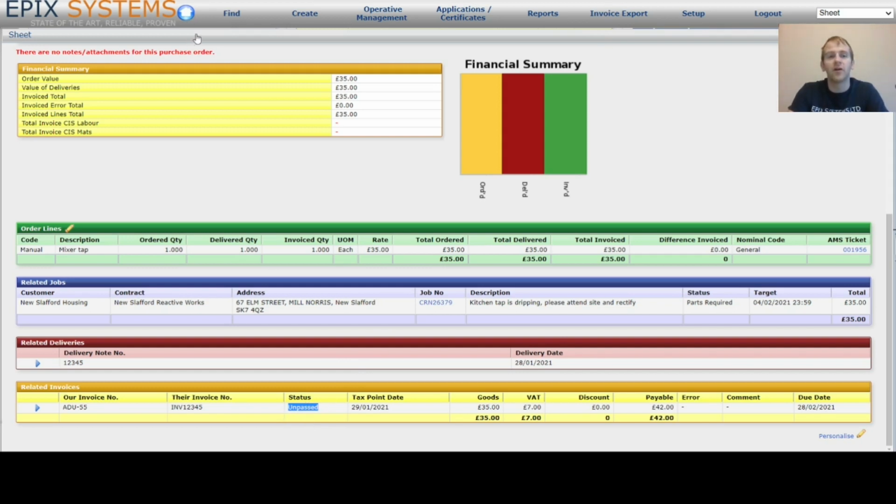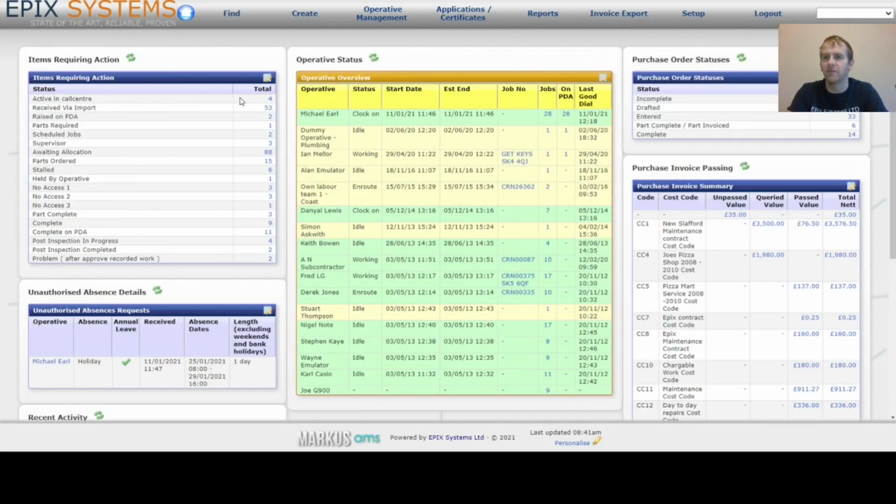So if we click on our home button to take us to the dashboard, we can see how this process starts. On our dashboard, I've got a purchase order here that doesn't have a cost code. That's very deliberate so we can see it straight away. This is an unpassed value of £35, which if you remember, is the value of our invoice. So if we click on that,